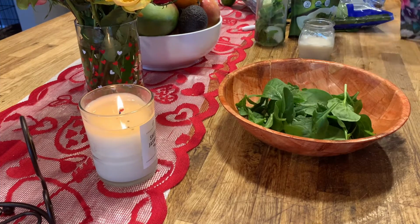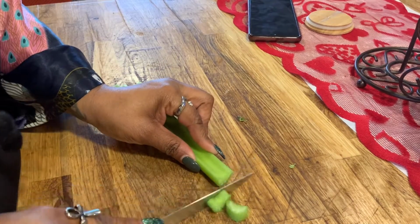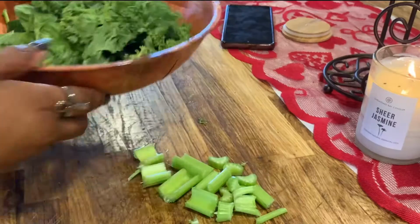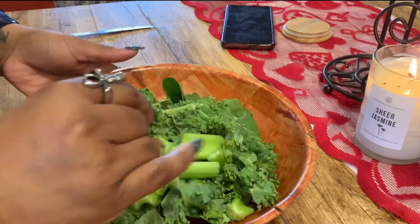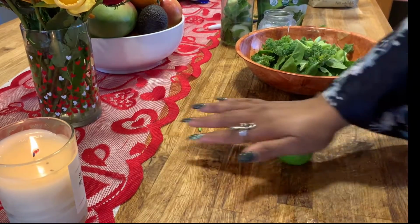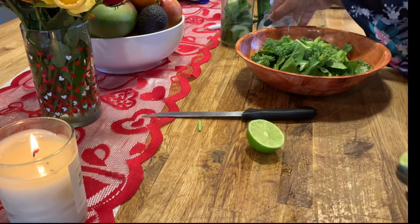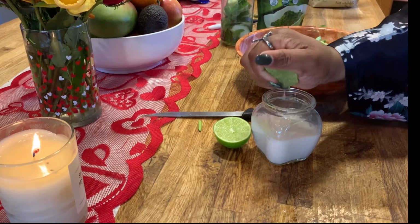All right, you guys, so this is day 2. And for breakfast, I'm going to be making a smoothie bowl. I'm going to use spinach, kale, celery, strawberries, some shredded coconut flakes, blueberries, and a little bit of sunflower seeds. A little bit of pumpkin seeds, lime, ginger, all of these healing properties. Oh, and actually I'm going to put matcha in this one today too, so I can see how my energy